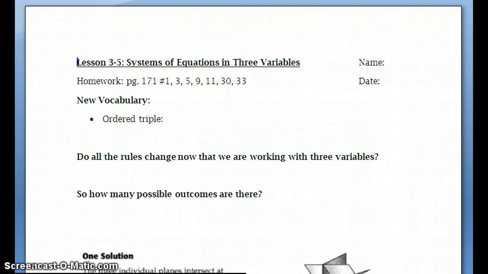Okay, today we're going to learn a lesson on 3.5, which is the system of equations in three variables. And what we've learned so far is basically solving systems of two equations with two variables. And